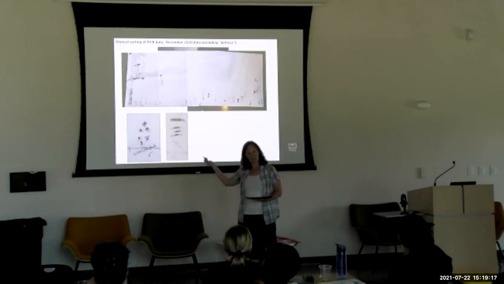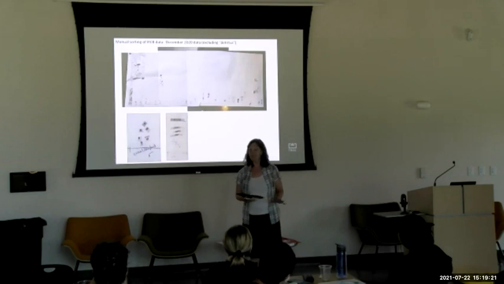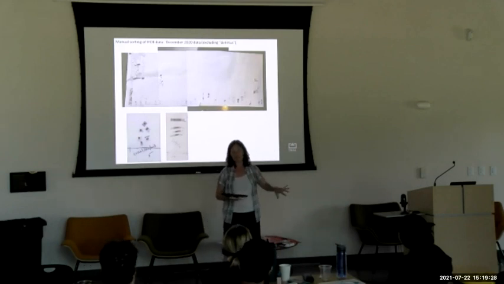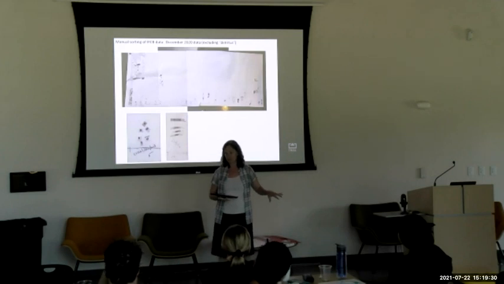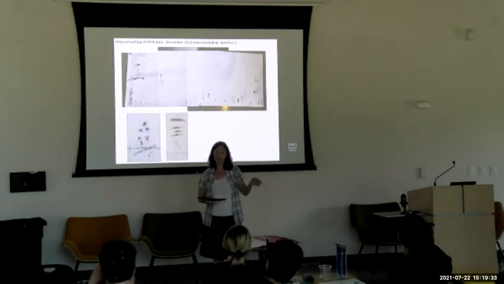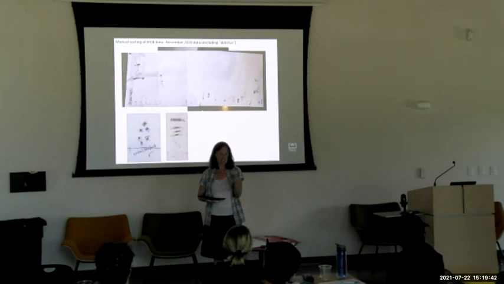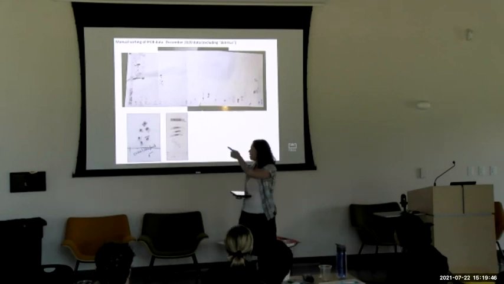If we'd taken the same sample and run it through a Coulter counter, how many of you have heard of or used a Coulter counter? No? Okay, so a Coulter counter is one of the older devices that's been used for sizing marine particles. It's basically measuring the change in electrical conductivity when a particle passes through a measurement volume. And so it's sensitive to something that's kind of like particle volume. Okay, so that would tell you something different than looking at the projected area, which is what we're seeing from